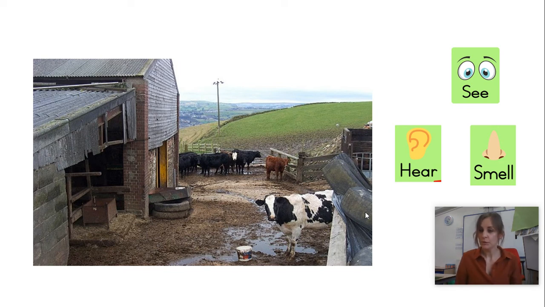Now, before we move on to your independent activity, let's just remind ourselves what we're doing today. Today we are describing a setting. A setting is a place, and the place we're describing is a farm. We are going to think about our senses, but we're focusing mainly on what things look like, the sounds we might hear, and the smells, okay? And we're trying to make sure we add some detail. So we're not just saying, I can see a cow. We might say, I can see a big black and white cow, okay? And that will help you to create a lovely